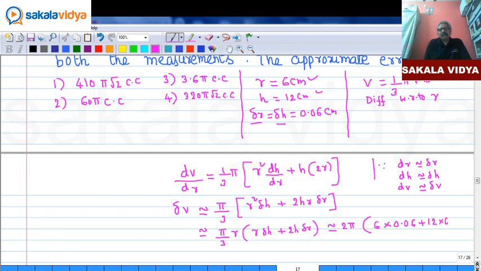12 into 0.06, approximately equal to 0.06 common, 0.12 pi into 18. So, now